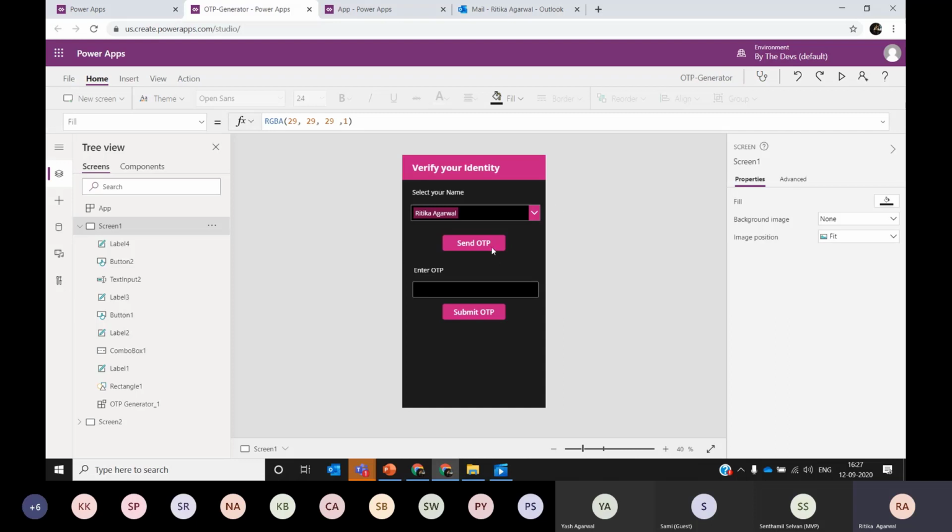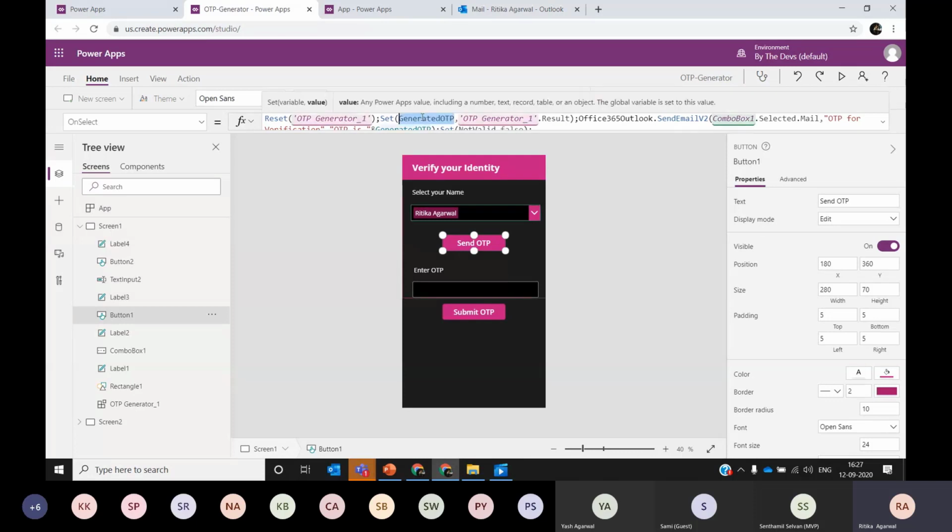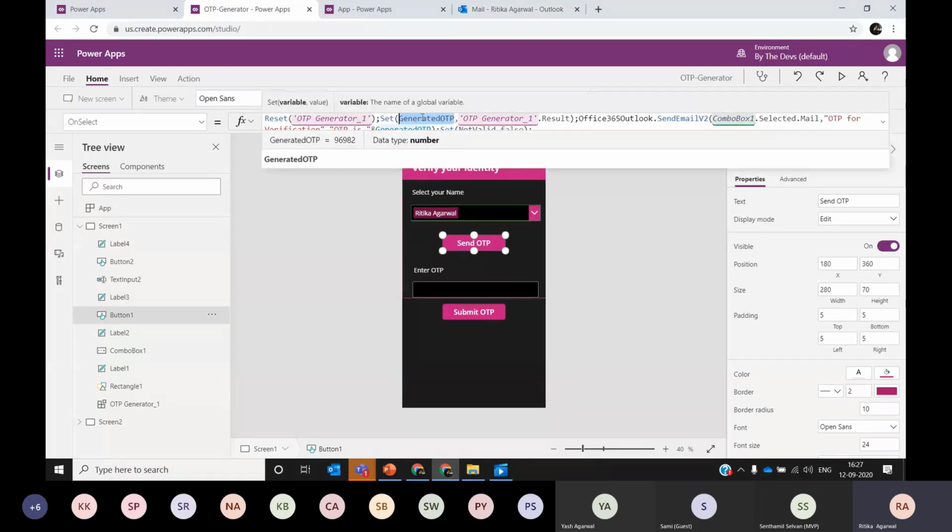So the main key that we have here is the generated OTP variable. Whatever value is generated, it's like an OTP, and if you want to set an expiration time, you can do so. But this is the only value which is going to identify if the logged-in user is a valid person or not. So this is how you can add a number of possibilities in this application.